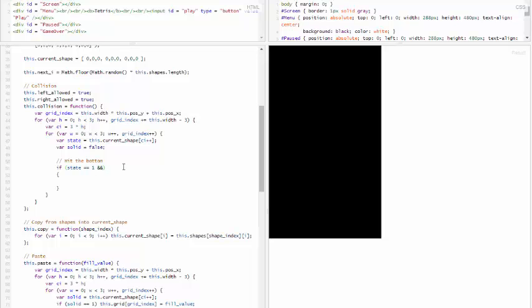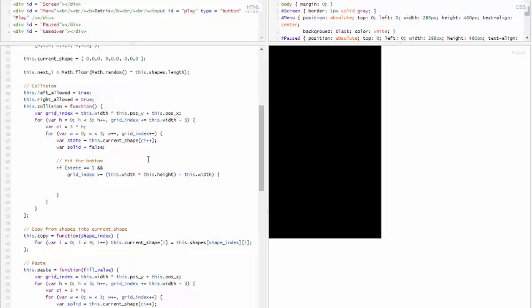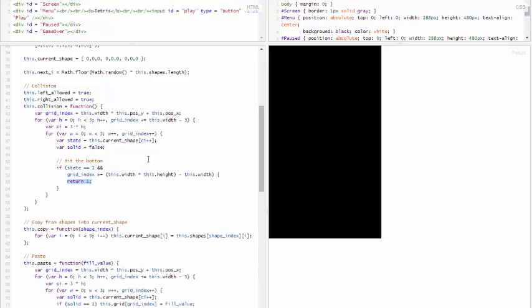And grid index greater than this width times this height. So this is the entire length of the grid. And we need to do this minus width. So this is going to get us the last row. And just going to do it like this. And so this has hit the bottom,